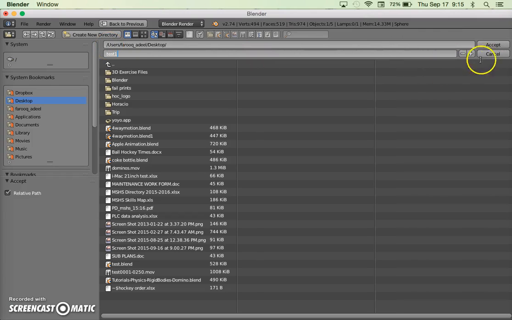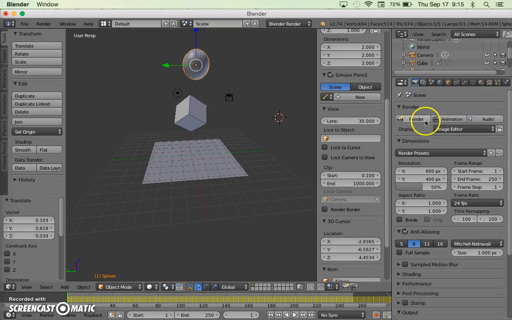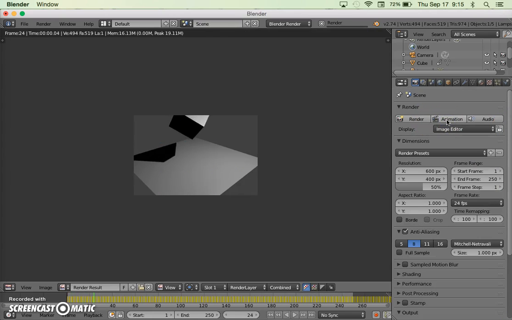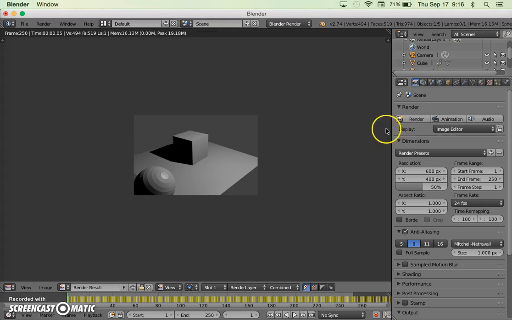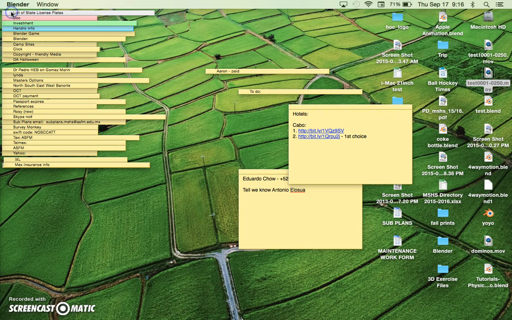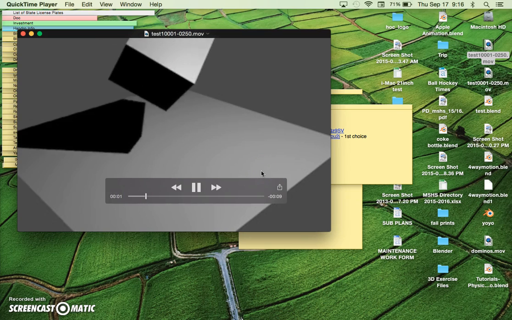test 1, press accept, decide what size I want, and then just press on animation, and this time it will do what I want. Now I believe it does it from where the camera is in this case once I go back to Blender Render, so make sure you change your camera and lighting based on what you want. To do 250 frames, and then now if I go test 1, make this bigger, here we go, there's my